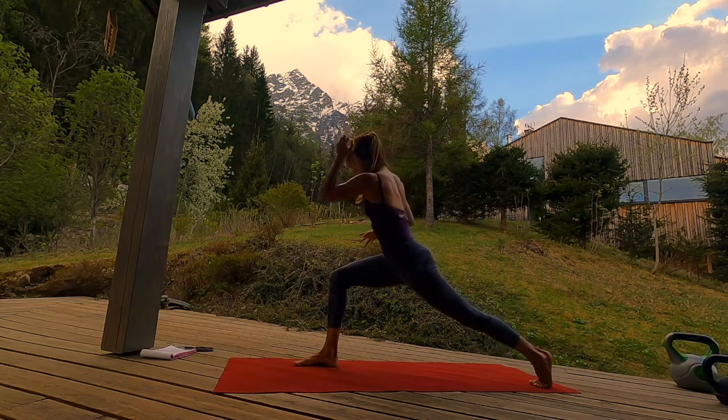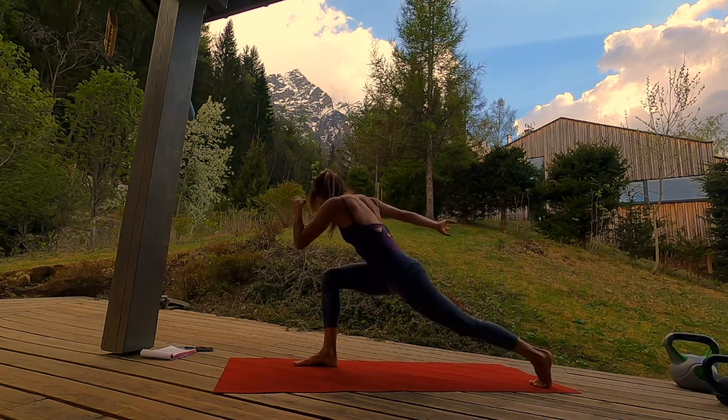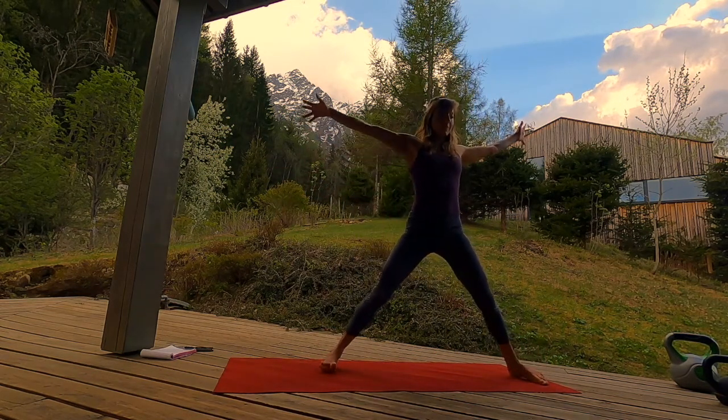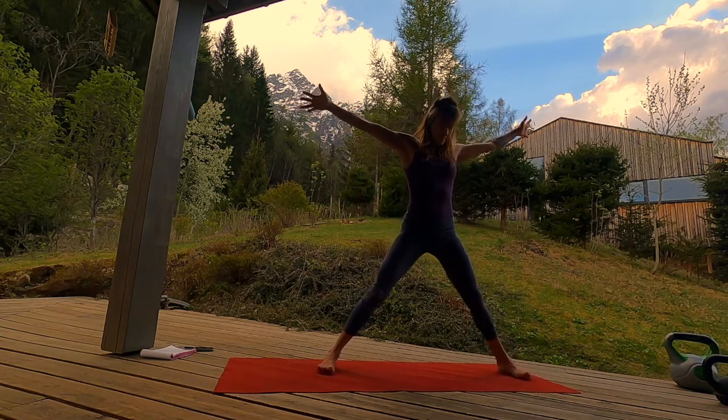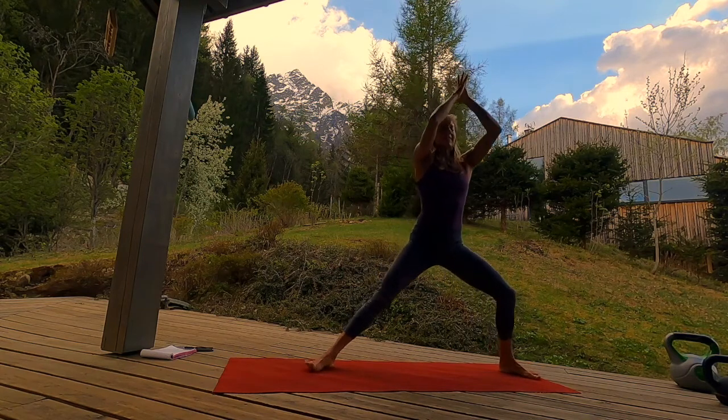Last one. Exhale, crossing left elbow to right thigh, strong in the legs. As you inhale, release and pivot into starfish pose. From here, we're going to inhale, take the arms up,